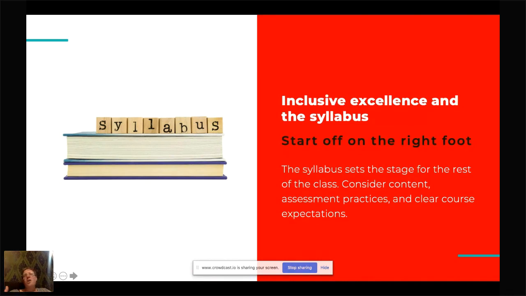This stuff is all, of course, debatable, and it's really hard to figure out how to balance a syllabus that lets students know that they're all welcome as full human beings while not becoming a book that no one could read, or losing any sense of standards. So it's a balancing act, but I think these are my tips for making a syllabus that is more inclusive.